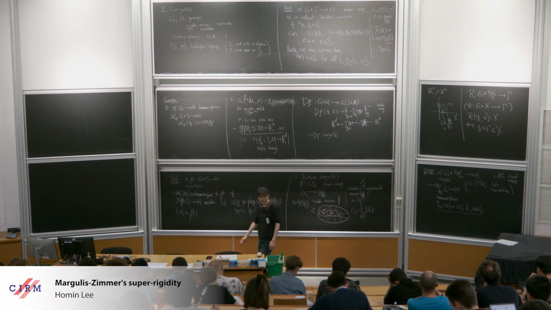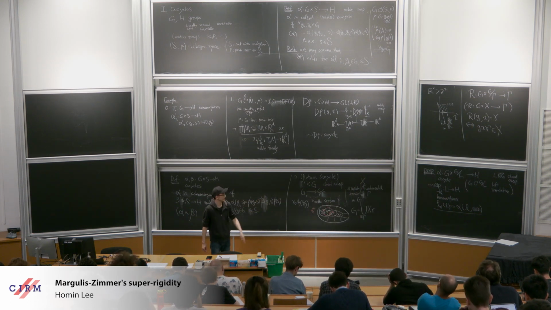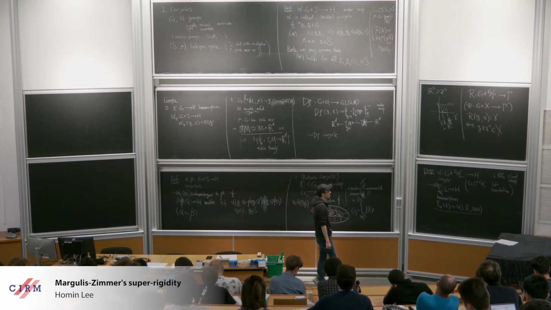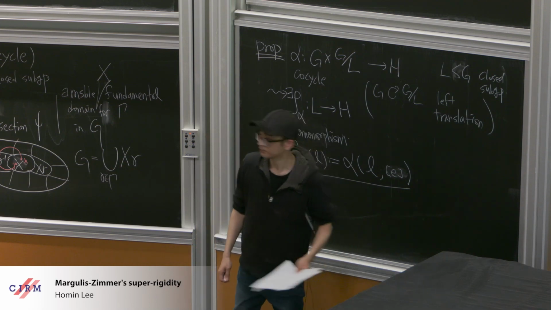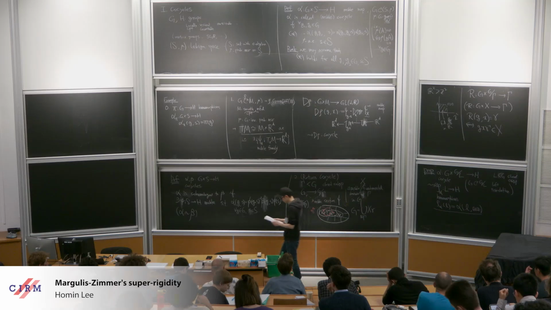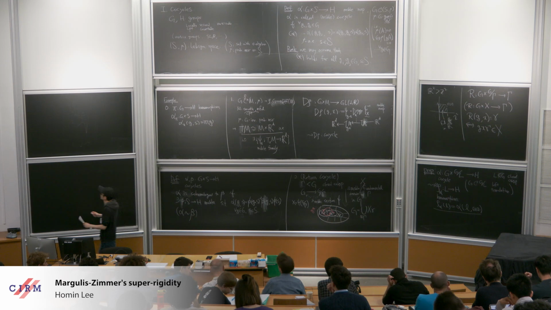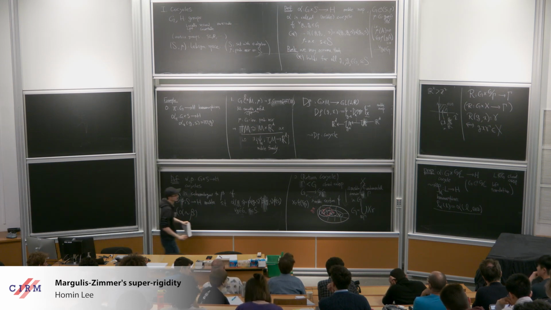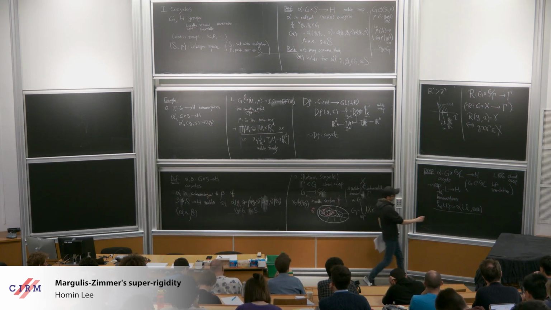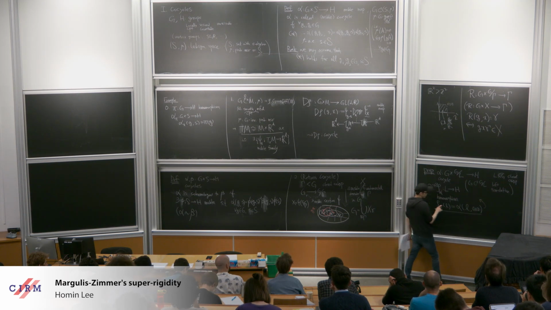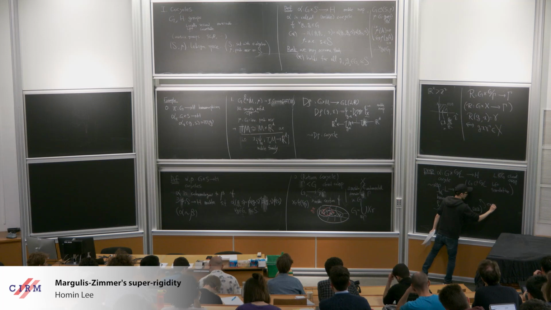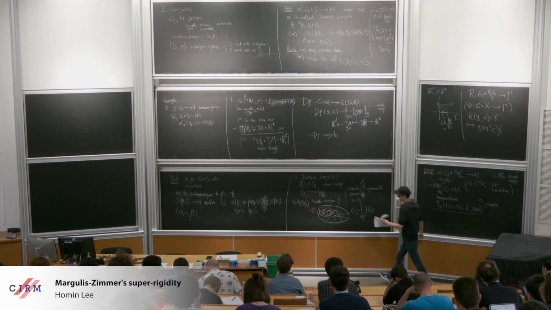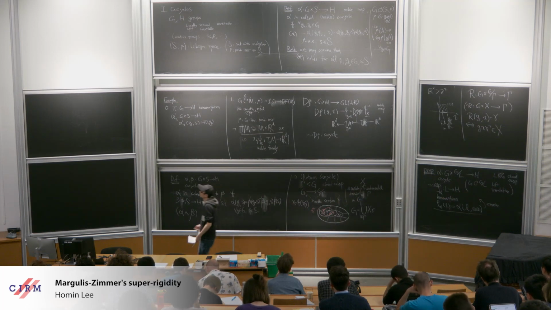From the cocycle equation, you can derive that rho alpha is indeed a homomorphism. And actually, the other direction is also true. Okay, this is an exercise. So proving that rho alpha is a homomorphism is your exercise. And actually, conversely,